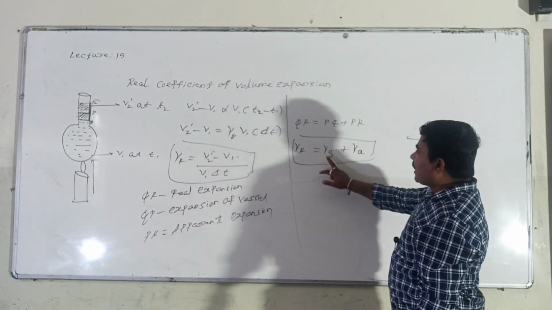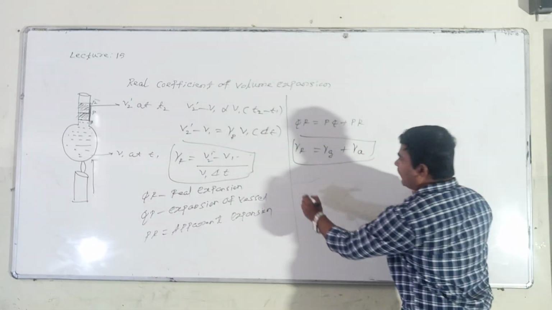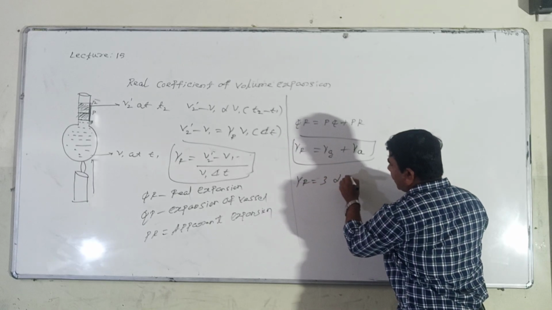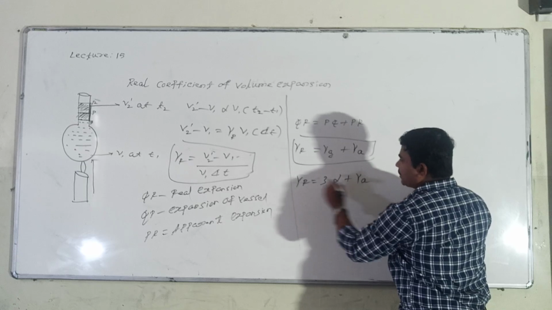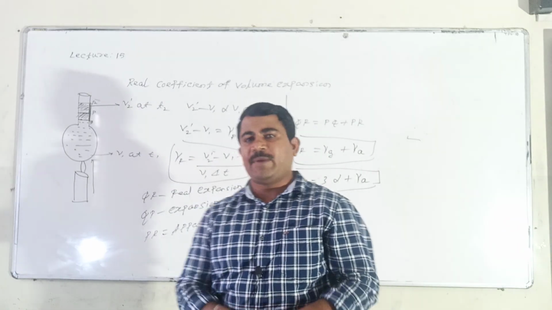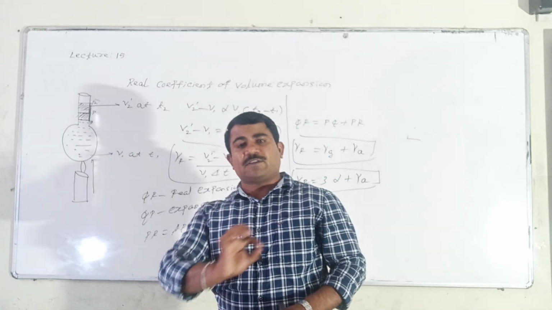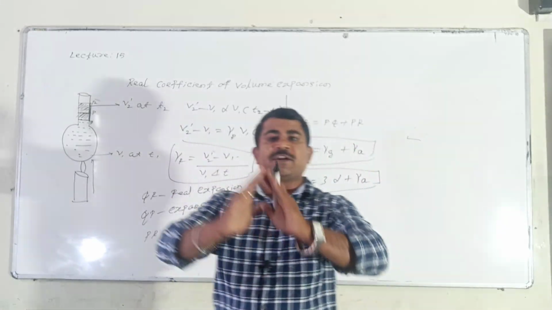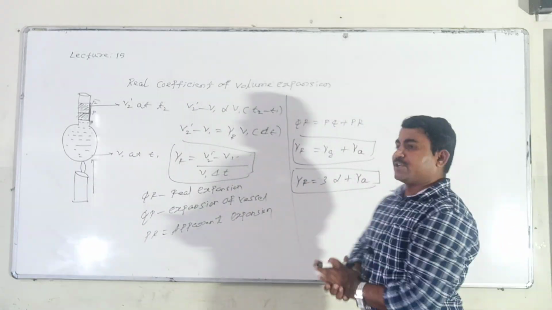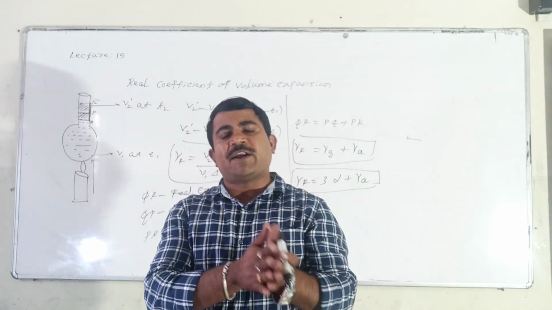Again from this you can get that glass expands in three dimensions. So gamma equal to 3 alpha, I will put. How to put it then here? Real expansion is equal to 3 alpha plus the coefficient of apparent expansion. Right? What is glass actually? The flask is made up of glass. The glass can expand in three dimensions. So gamma equal to 3 alpha we are putting. This we are calling the relation between apparent expansion, real expansion and expansion of the flask.